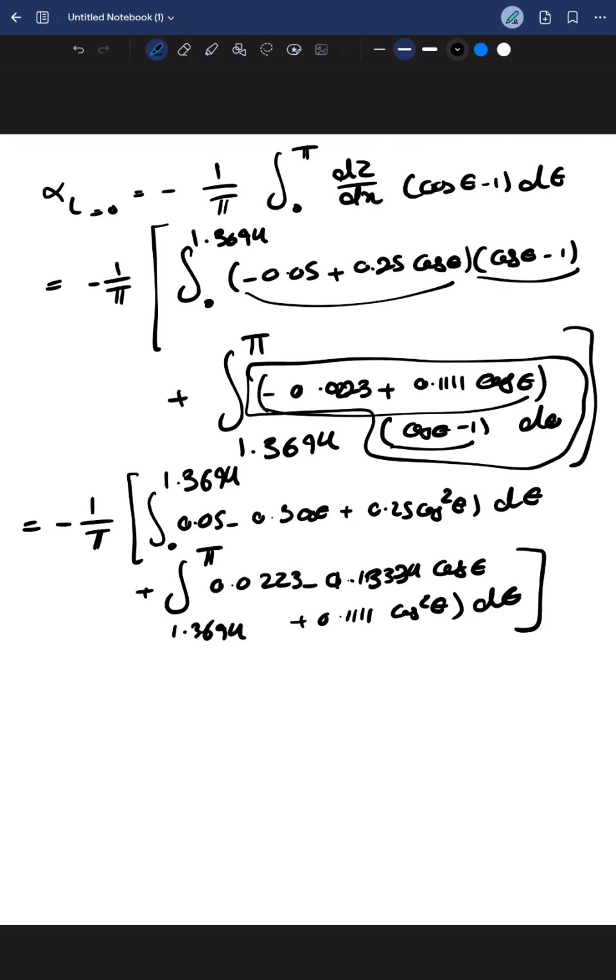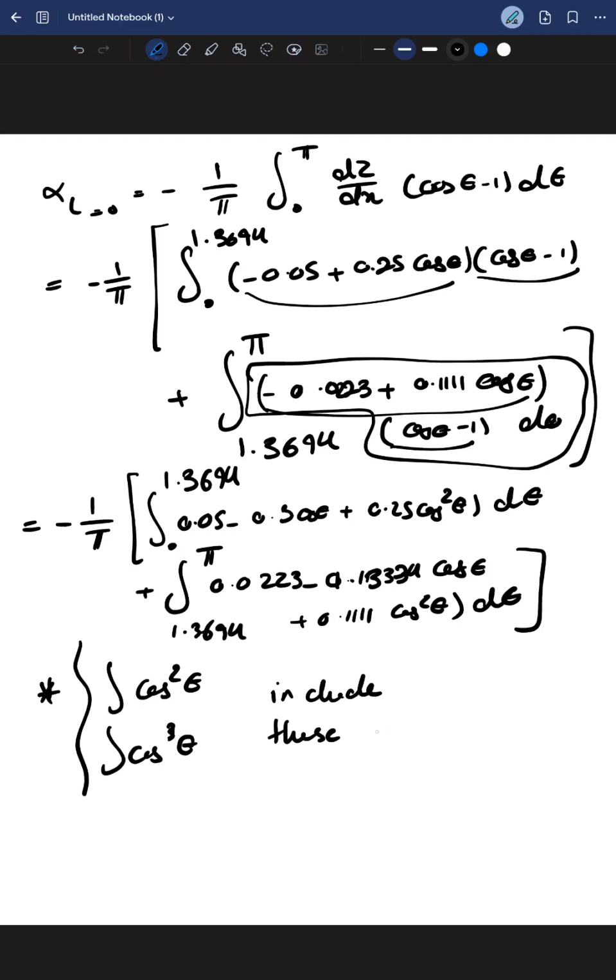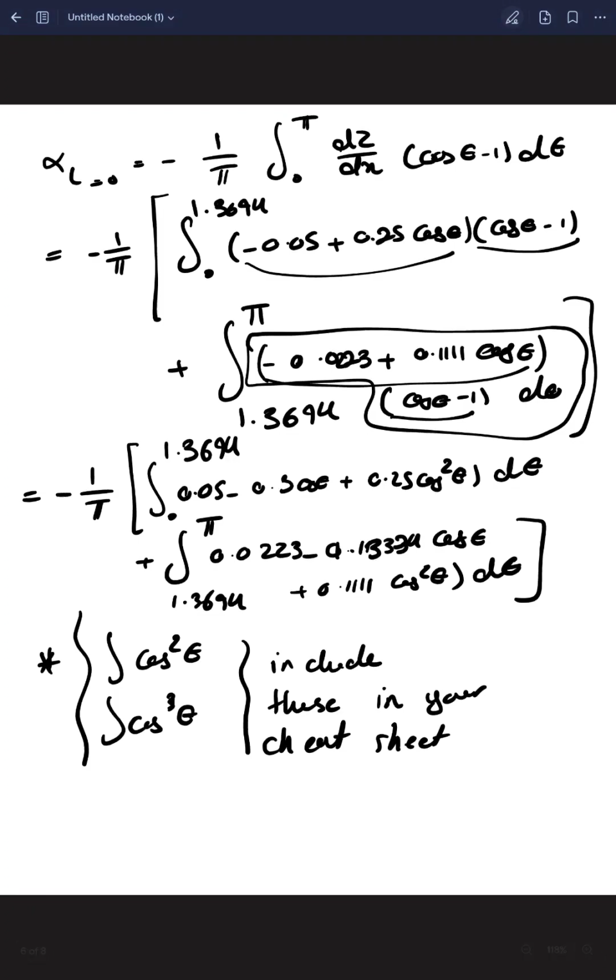And you have to make sure in your cheat sheet you include the integral of cosine squared of theta, cosine cubed of theta, and integral of cosine of theta, all of these. And I did show you in class where you can find these. You can also Google these. You want to make sure to include these in your cheat sheet. This is very important. Okay. So when you do include these in your cheat sheet, you can see that you will have the integral of all of these different terms,